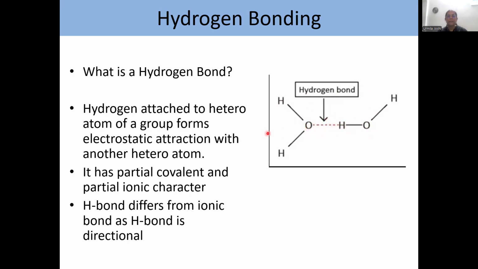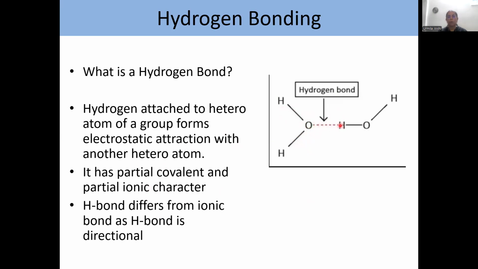On the other hand, this is the other molecule of water. Here, the oxygen is very electronegative. So apart from having two lone pairs of electrons, it will also pull the shared electron pairs towards itself, so this gets a partial negative charge. And therefore, these two atoms, the hydrogen with a partial positive charge and oxygen with a partial negative charge, from two different molecules, are attracted to each other and form a bond called a hydrogen bond.